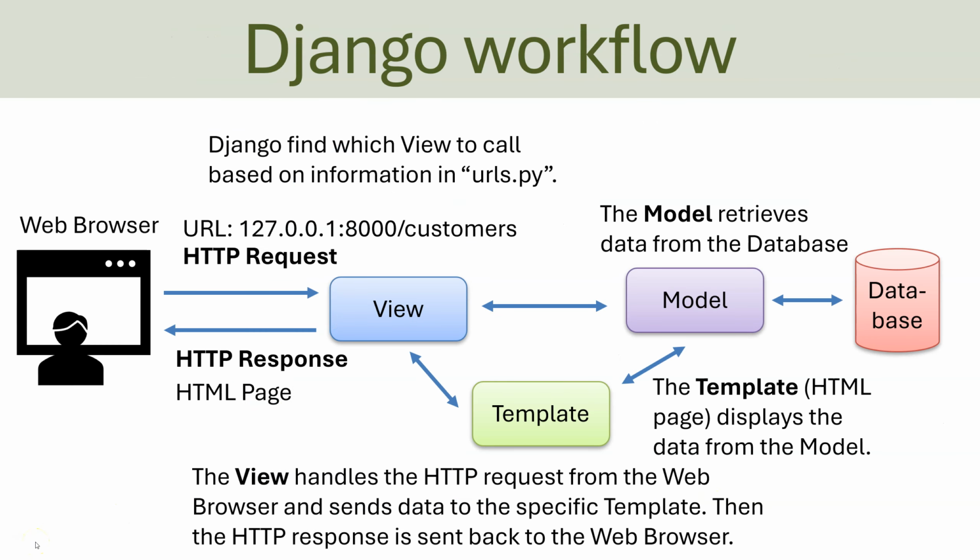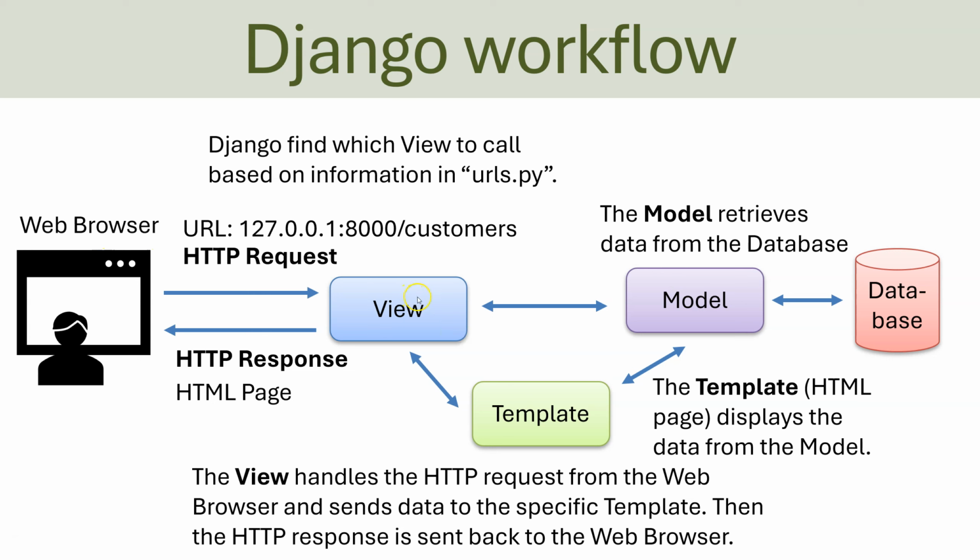So here you see a short overview of the workflow in a Django application. You have the web browser where you as a user sit and enter a URL like this. So you have an IP address or a domain name, and then a /customers or something in this case. So basically it's a HTTP request that is sent to the Django server, and then the view will be responsible to handle the request